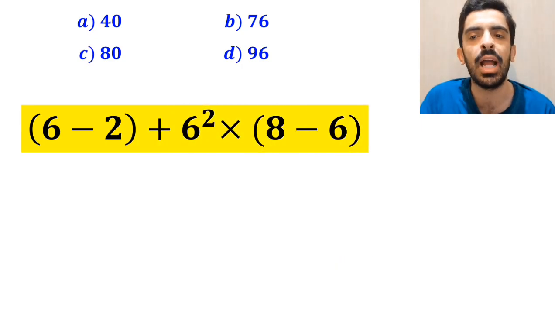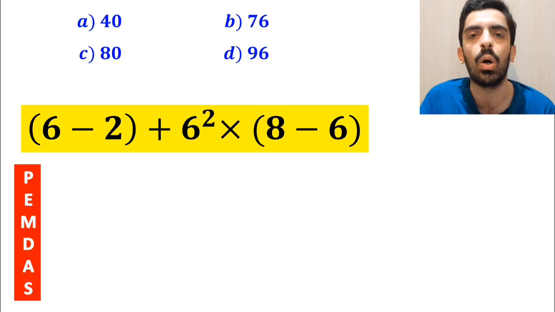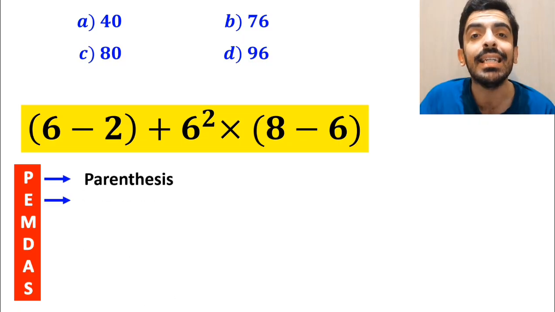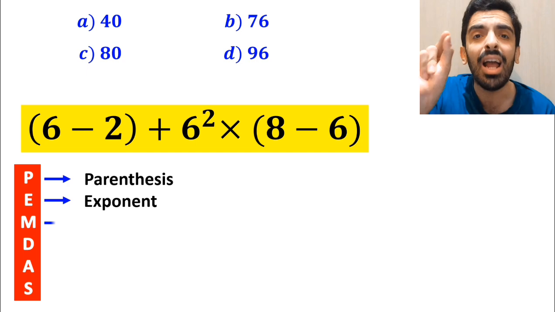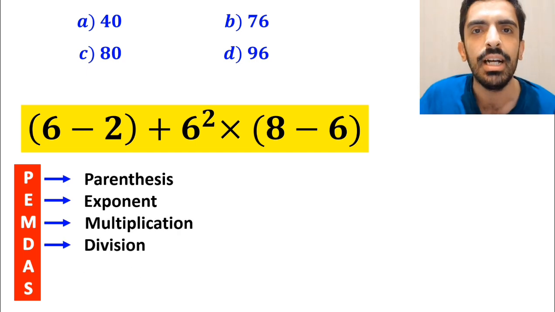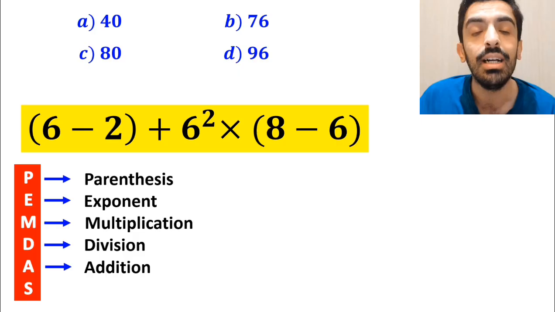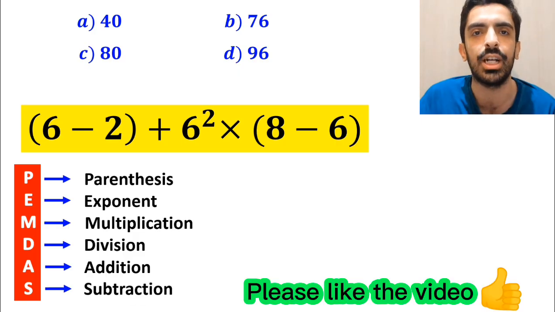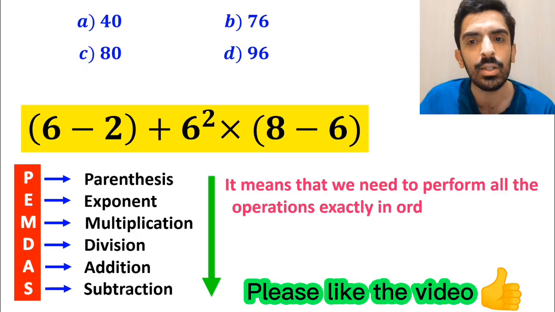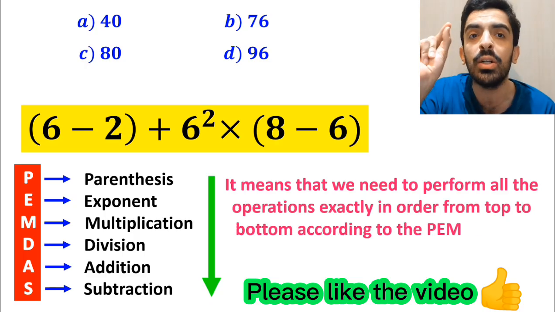To solve this problem, we must follow the PEMDAS rule. And in this rule, P stands for parentheses, E stands for exponent, M stands for multiplication, D stands for division, A stands for addition, and S stands for subtraction. It means that we need to perform all the operations exactly in order from top to bottom according to the